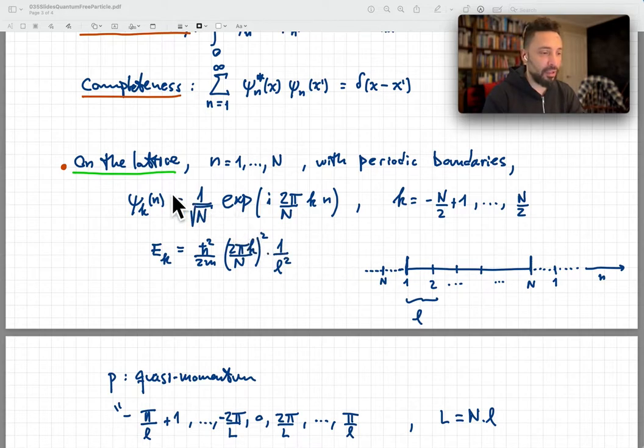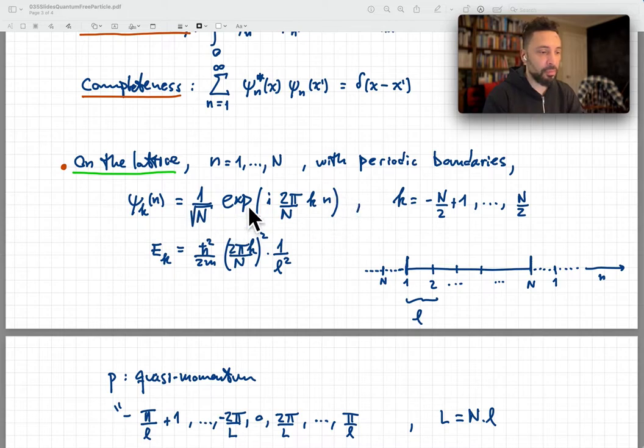And so once again, the wave functions will take the form of complex exponentials, but now the argument of the exponential is going to take the form 2 pi over N times k, an index that goes from minus N over 2 plus 1 to N over 2. And this is a choice. This can be shifted, but this is what we call the first Brillouin zone. It includes the 0. And then this little n here is, of course, the index on the lattice that gives you the position where you're evaluating this